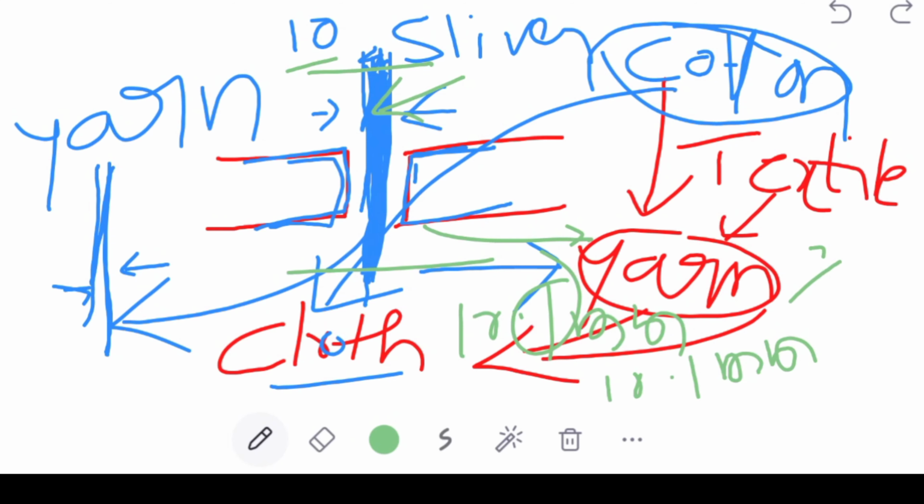If there is no difference in the yarn size, only 10 mm, then some voltage will be generated. Assume that voltage is 10 volts. Whenever a difference occurs, this voltage rises. The rise in voltage is the fault. Like that, it will detect the unknown linear displacement and convert it into an electrical signal.